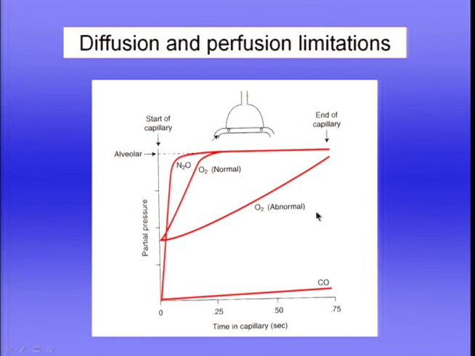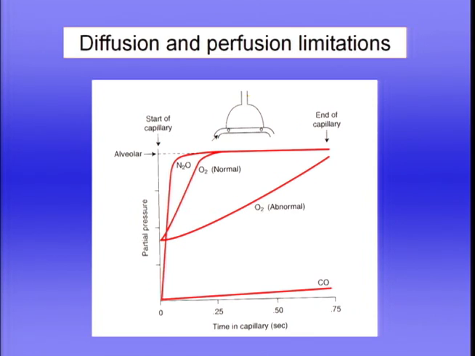Okay, now what about oxygen? That's the important one. Well, let's take a preliminary look here. We're going to look in more detail in a moment. But oxygen is different because, for one thing, there is a partial pressure of oxygen in the mixed venous blood coming into the lung. And what you find is that if you calculate the rate of rise of the PO2 in the blood as it loads oxygen along the capillary, you find that under normal conditions, the PO2 rises quite rapidly. So by the time we've got about 1/3 of the way along the capillary, in 0.25 seconds,